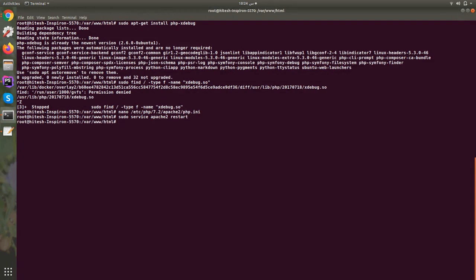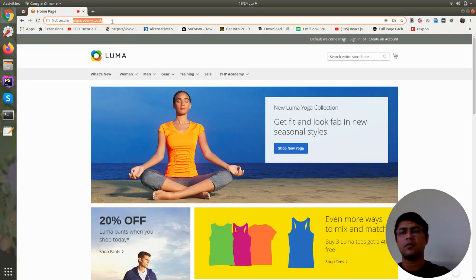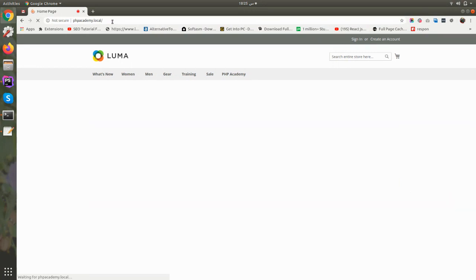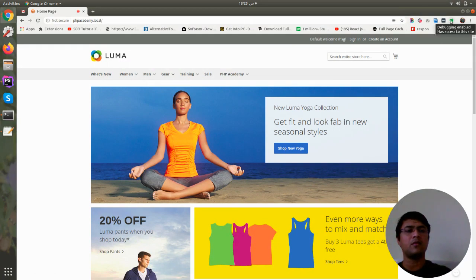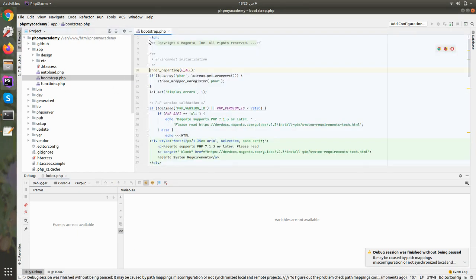Okay, now we will go to our PHP website and refresh it, and then we will enable our Xdebug. So our Xdebug has been enabled. Now I will go to any file, like Bootstrap, and add the breakpoint.